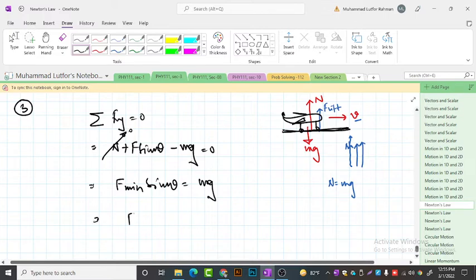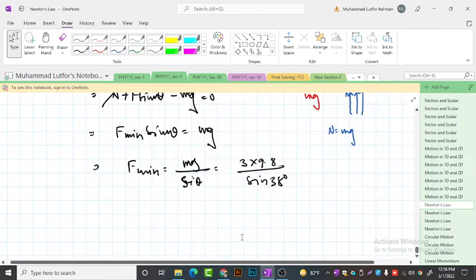Then I will find F minimum is going to be mg divided by sine theta. If you plug in the mass, 3 times 9.8 divided by sine 38, then you can find that F minimum for this 3 kg block would be